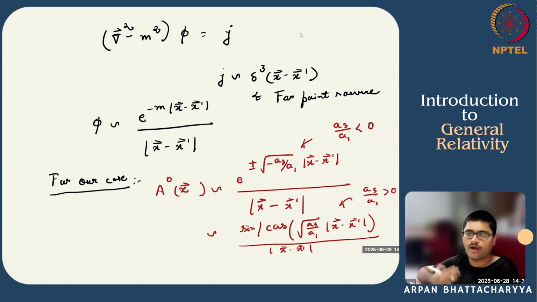But now we know from experiment that for a point charge, the potential falls off as 1 over r. You don't get an exponentially damped solution, neither do you get an oscillating solution. Those kinds of solution for a point charge do not exist. We know that Coulomb's law in the static limit holds very well. So imposing the fact that we don't observe this kind of exponentially damped or sinusoidal type of solution for a point static charge,